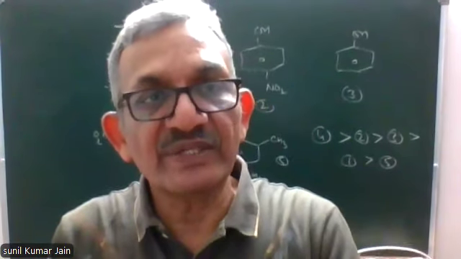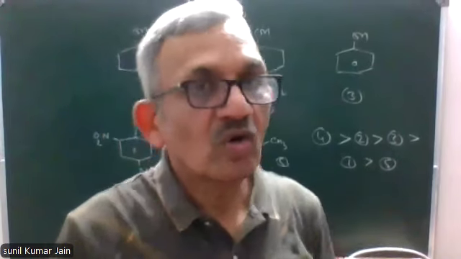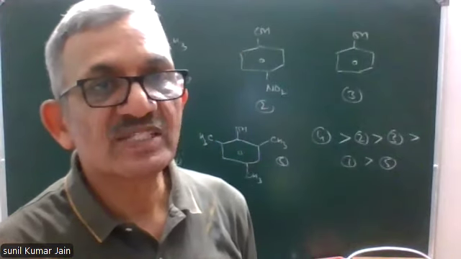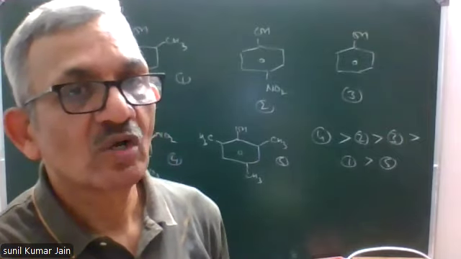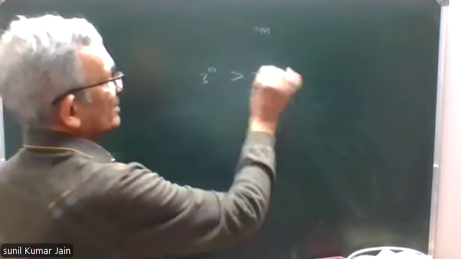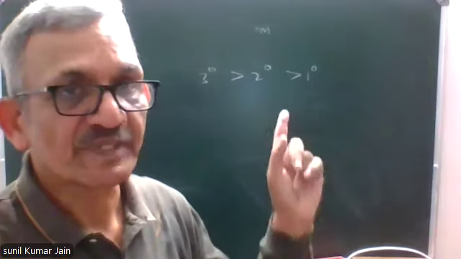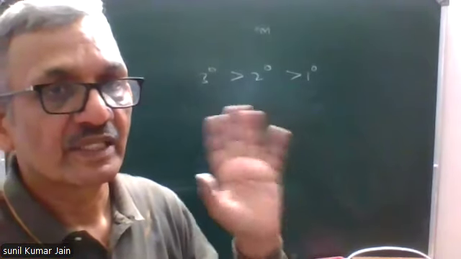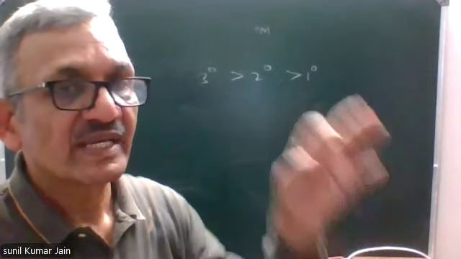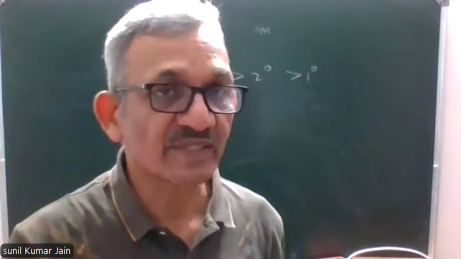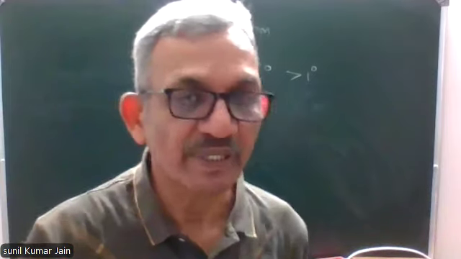Due to the plus I effect of alkyl groups, the basic strength of alcohols is in the order tertiary more than secondary more than primary. I hope it's clear, because in case of tertiary there will be 3 electron releasing alkyl chains. Electron density on oxygen will be very high. Donation of LP will be very easy. Basic strength will be more, right? Followed by secondary and then primary.